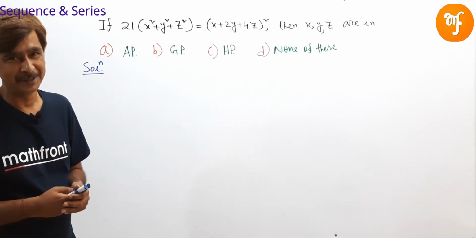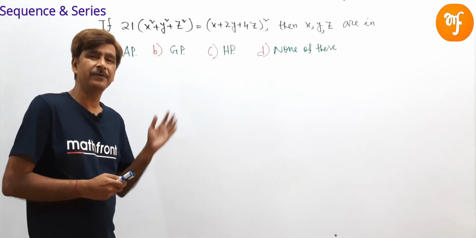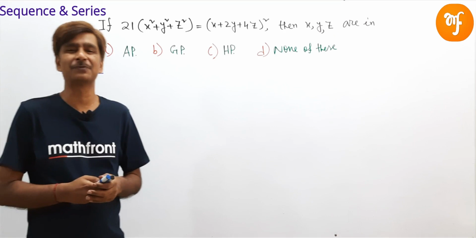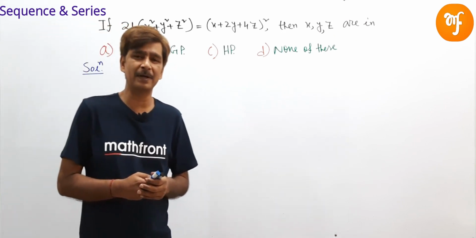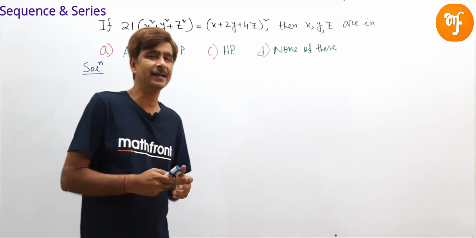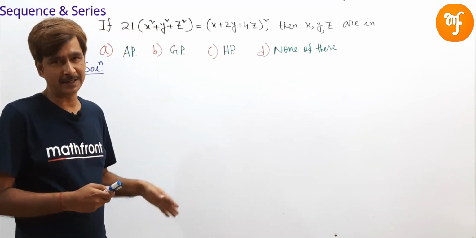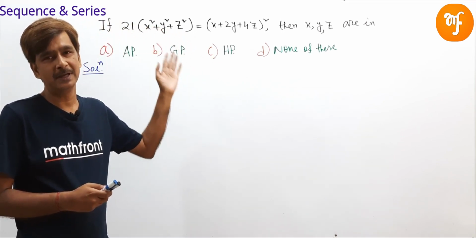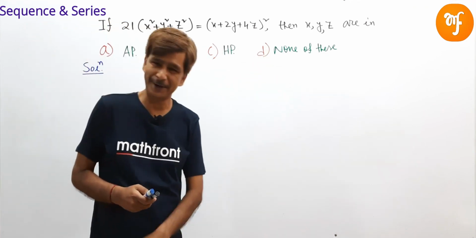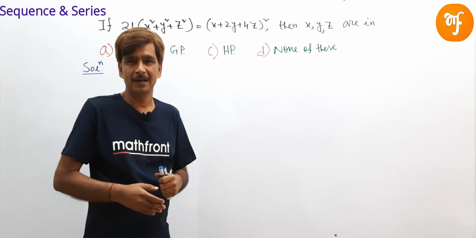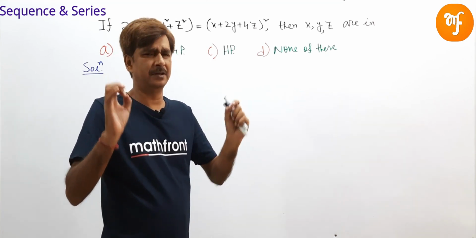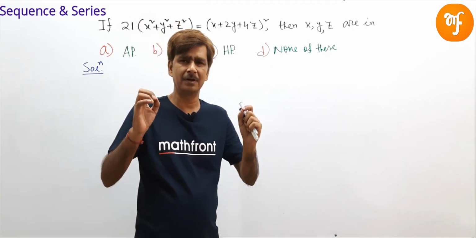So friends, look at the question. If 21 into x square plus y square plus z square is equal to x plus 2y plus 4z whole square, then x, y, z are in AP, GP, HP or none of this. Now, to solve this type of numerical, we'll use a very good trick,